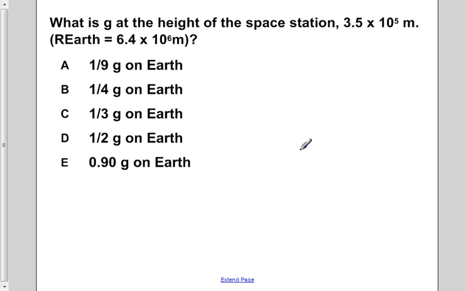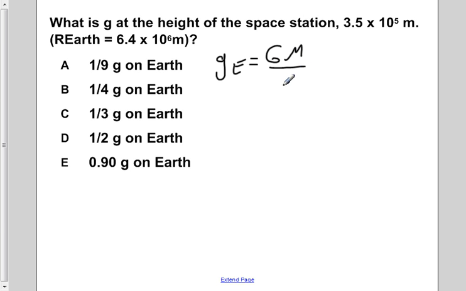What is g at the height of the space station, 3.5 times 10 to the 5th meters above the surface of the Earth, whose radius is 6.4 times 10 to the 6th meters? So if we write down the acceleration of gravity first at the surface, we would have g_E is equal to